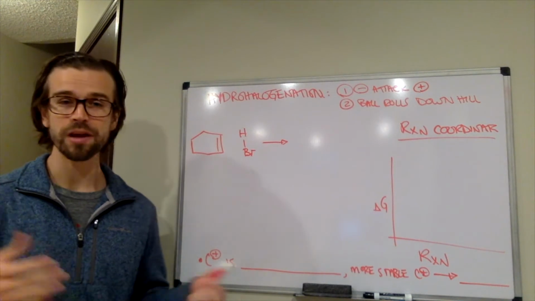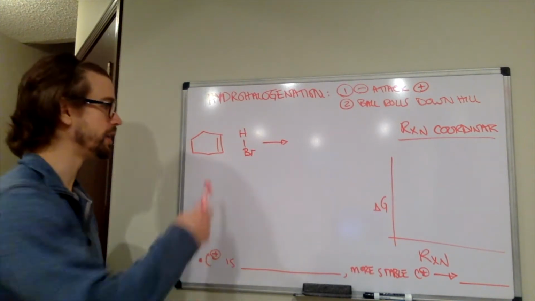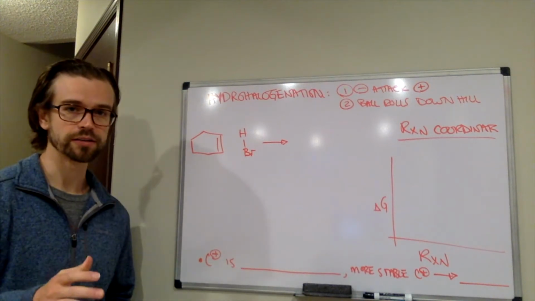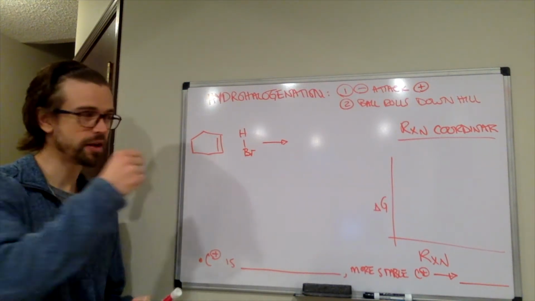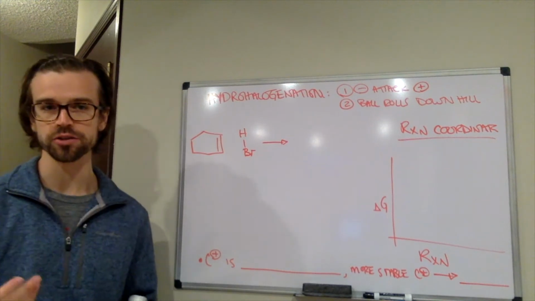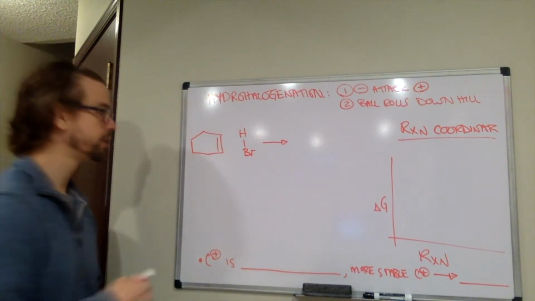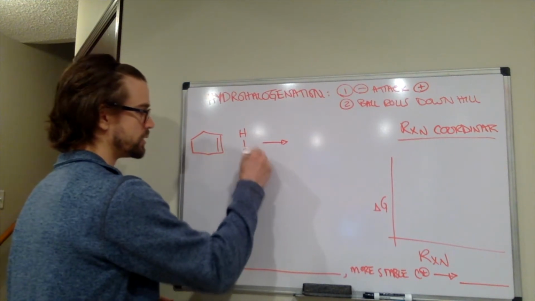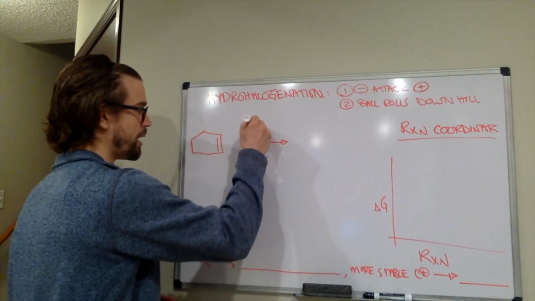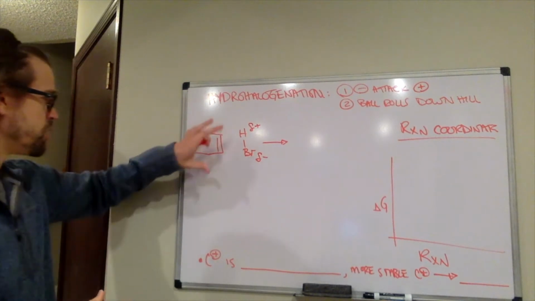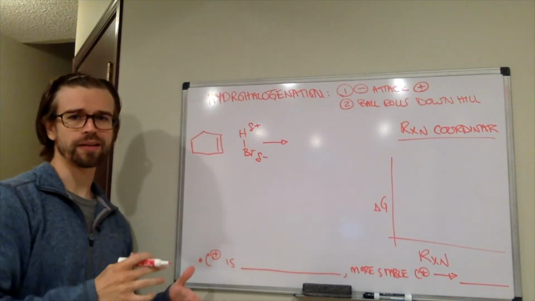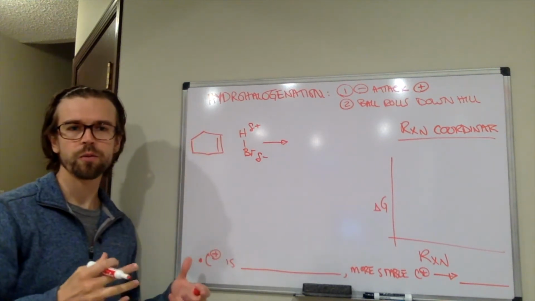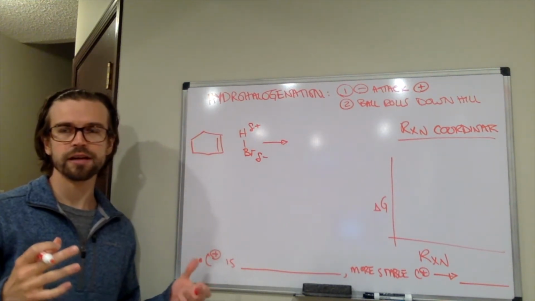First of all, where do we have negatives and where do we have positives in the reaction here? You should be pausing the video and writing partial positives and partial negatives in different places. Okay, you did that. Well, bromine is more electronegative than hydrogen, so we're going to have a partial negative over here and a partial positive over here. And I hope you didn't write any partial positive or partial negative over here. We don't really technically have a